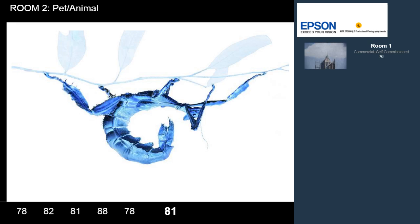There's probably a name for it, the thing on the back. Tail. Tail, but it's called something else, isn't it? It's not just a tail. The sting? I don't know. The thing on the back. And the design, the structure, the presentation, the choice of colour, I think that it deserves more than a silver, up to a silver distinction, by the choices the photographers made to take something like an insect and present it this way. Thank you. Chris,